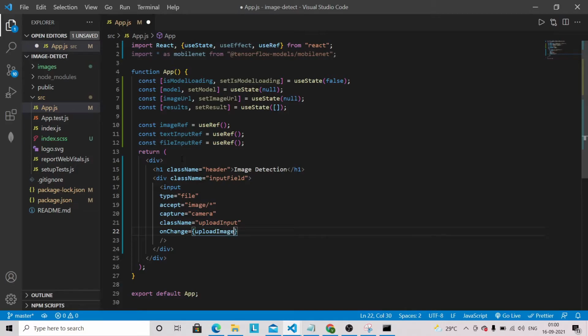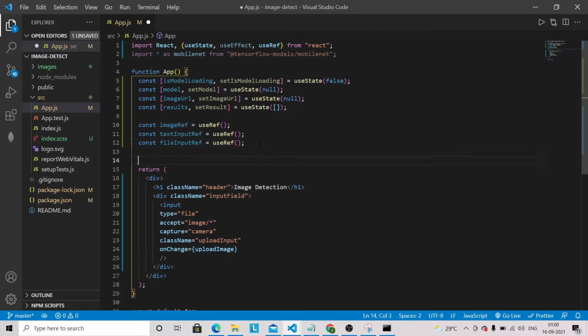We will define that method later. So for now I'm just going to define it, and we will write the logic later so that we don't get any error once we save the file.